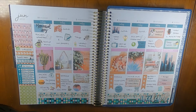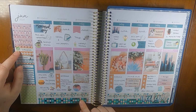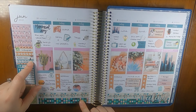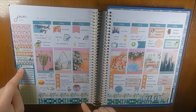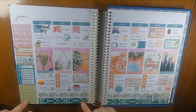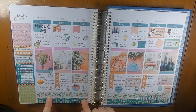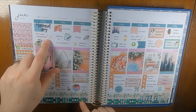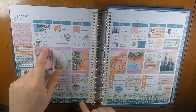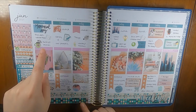He says hello. In terms of some other things, this really skinny washi is from Amazon. This is a Piper Paper Company icon. This one comes from an AliExpress sticker sheet. This is an old one from My Planner Life UK, and this I believe is a leftover box from Bella Digital Designs. Bottom washi is both from Michaels. The Memorial Day is from the Happy Planner, another Piper Paper Company, Chasing Shells, and then this washi is from Amazon. These are both Creative Cavern Studio,